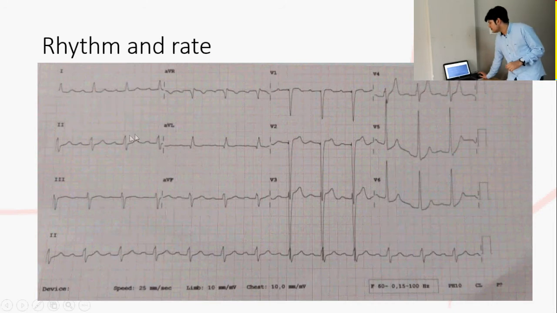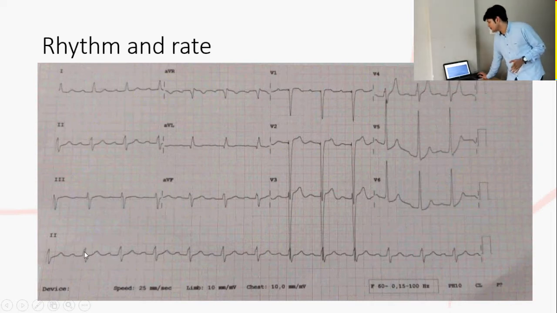Now this is the ECG given to you, and what we are asking is what is the rhythm and what is the rate of this ECG. So first we are going to decide the rhythm. We have learned already how to decide rhythm, by seeing the RR interval: 1, 2, 3, 4, 1, 2, 3, 4. The RR interval is almost constant here, so your rhythm is regular. Once the rhythm is regular, you are going to apply one formula and get your rate.